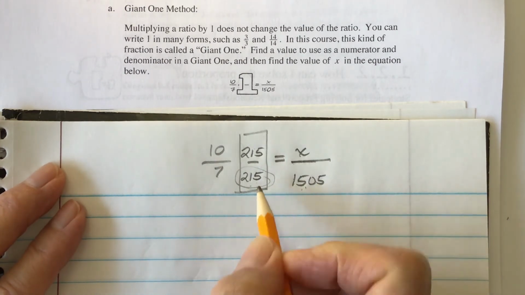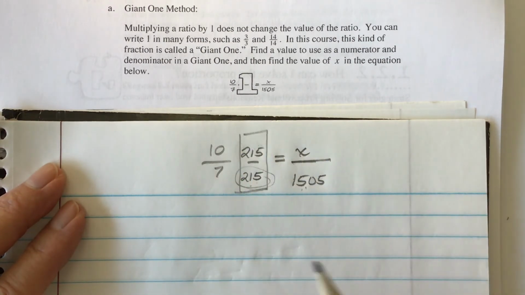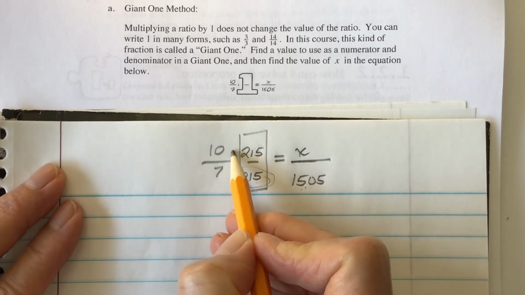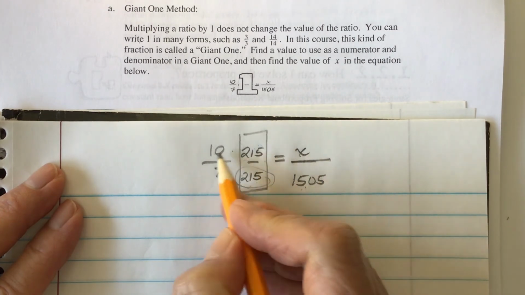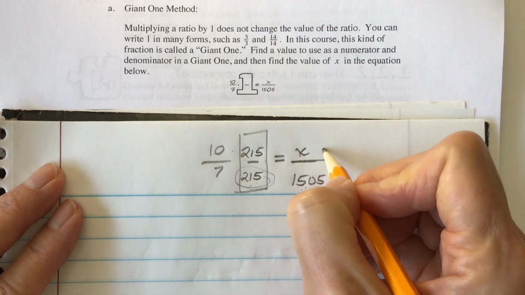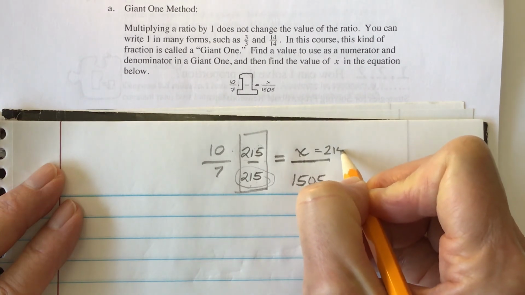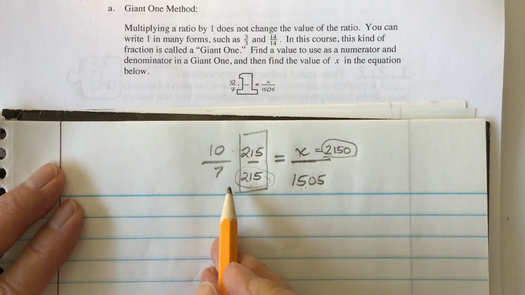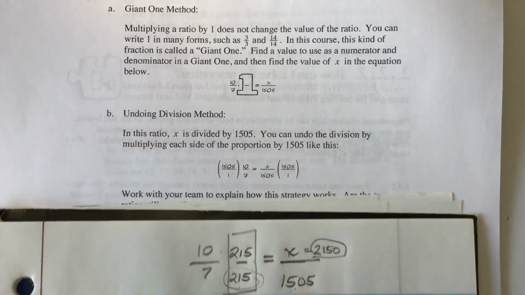So now we've got the bottom. Then we just put the same number on top. And now we're ready to go because now we just multiply 10 times 215 to get what x is. And we know that if we multiply these together, x is going to be equal to 2,150. So that's how we find x using the giant 1 method. All right. So the next method